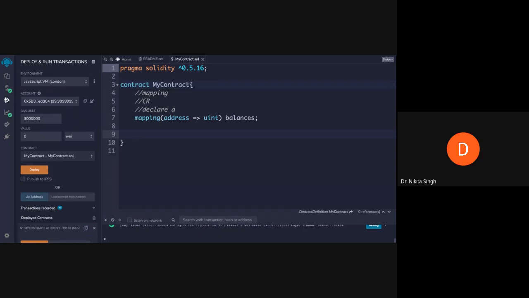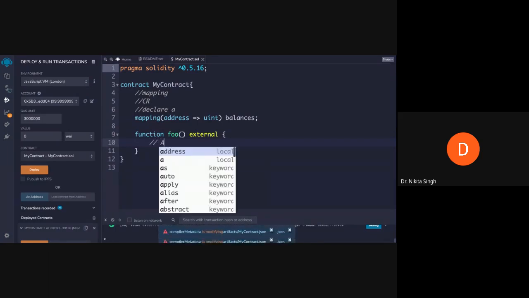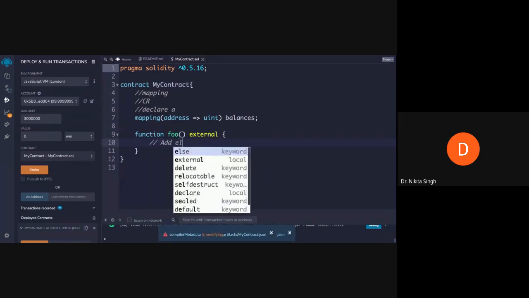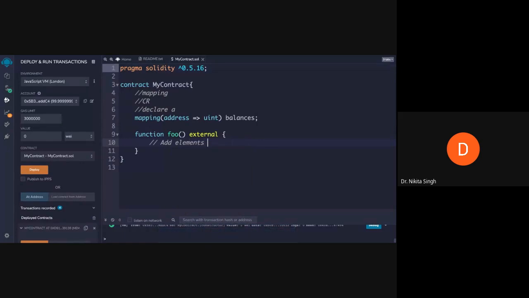So let us say that we create a function and we name it foo, and the function is external, which means that this function can be called from the outside. What we want to do here is add elements to our mapping.